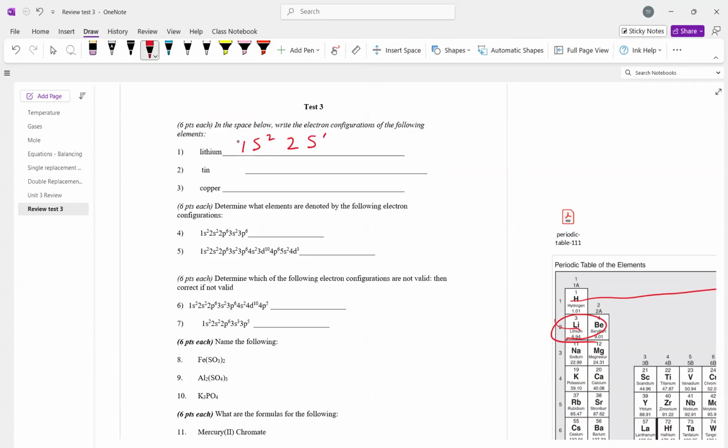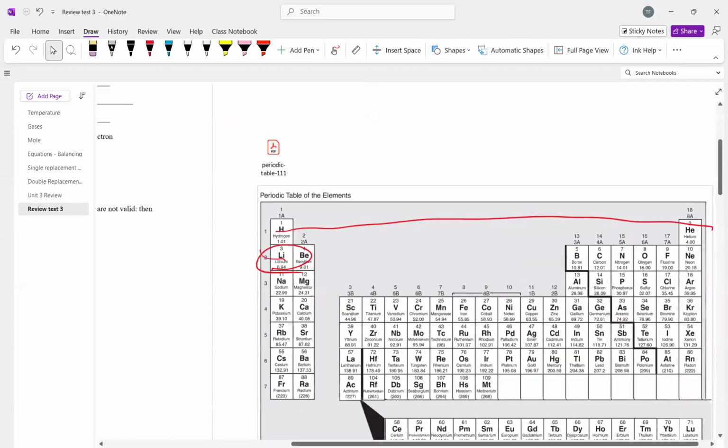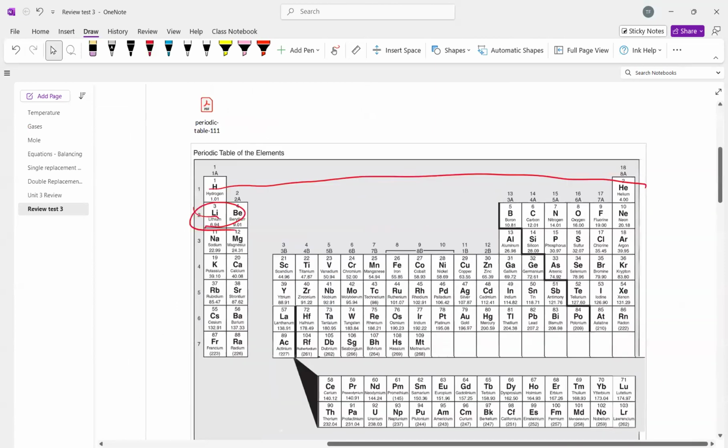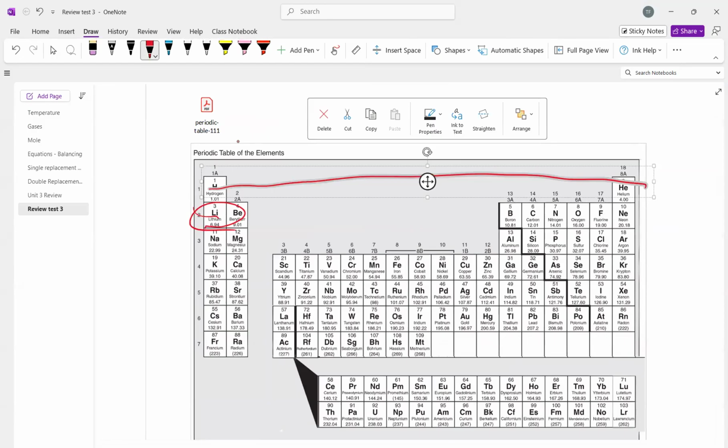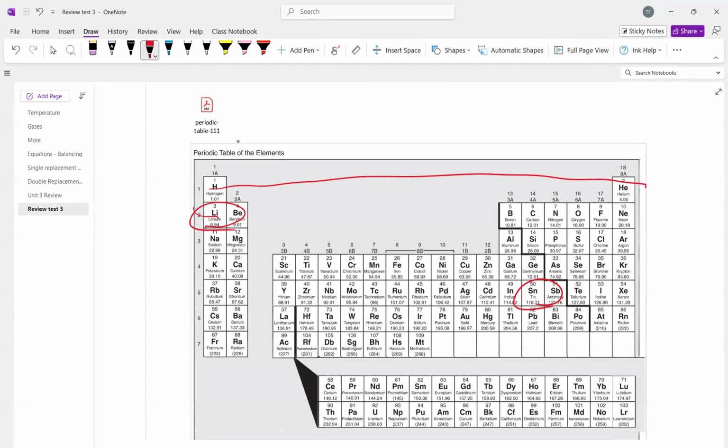Tin. Now, tin is SN, and it's an old Latin term for tin, but it's SN. So let's find tin now. And tin is over here. Okay, that's on shell 5 now. So we're looking at